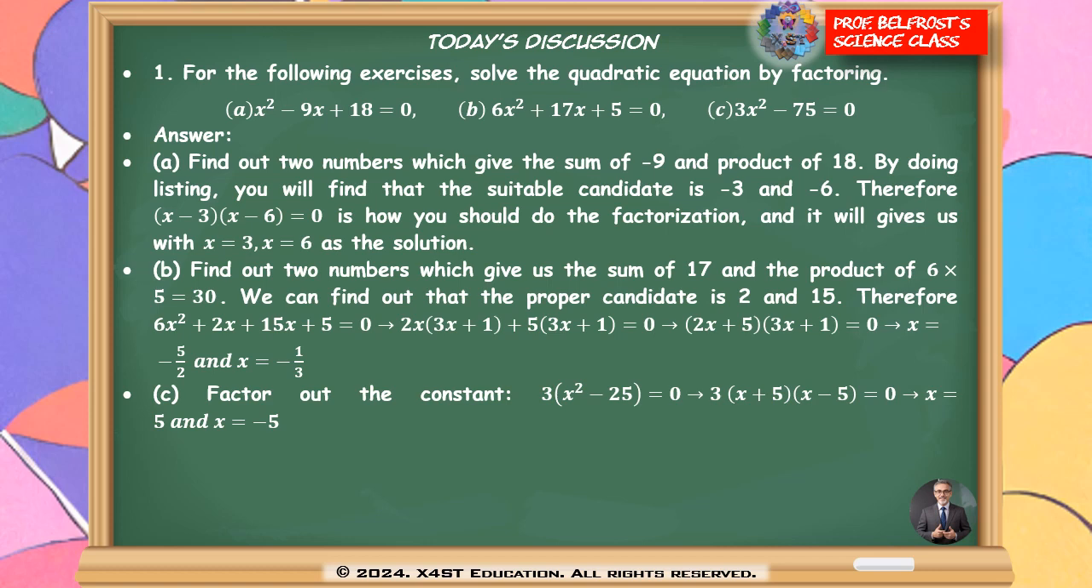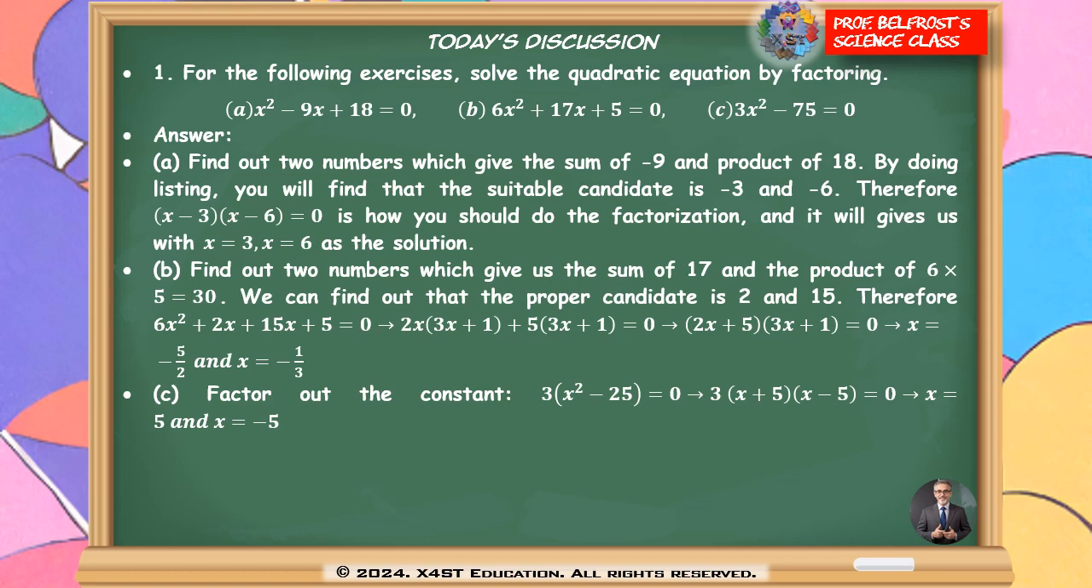Number one, for the following exercises, solve the quadratic equation by factoring. Factoring is actually very easy, whether the square term has coefficient 1 or another coefficient. If we have all the complete terms, a value, b value, and c value, it's rather easy. You just need to find